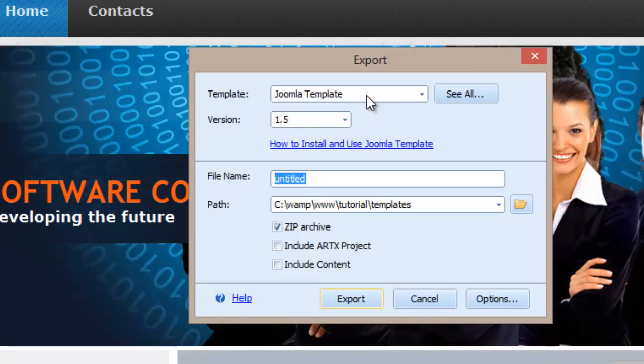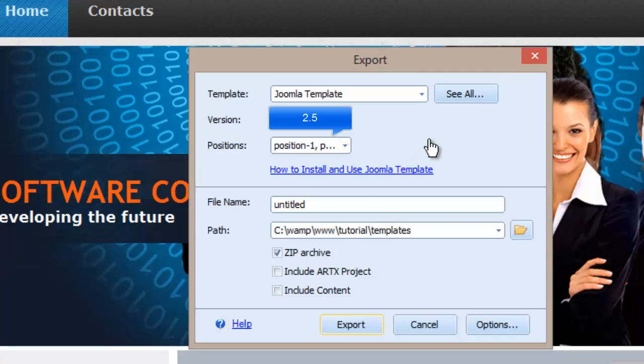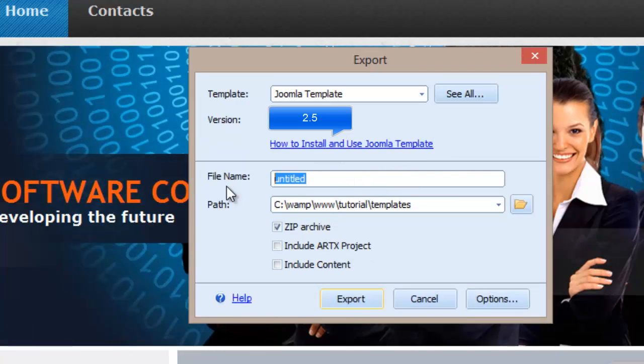Be sure to give your template a name. I'm just going to leave it there as it is. Be sure to select the version of Joomla that you're currently running. Unfortunately, this has not been updated yet to accommodate Joomla version 3.1, but version 2.5 is supported. I'm just going to leave it as that, give it a name, tutorial, and then I'm going to export it to